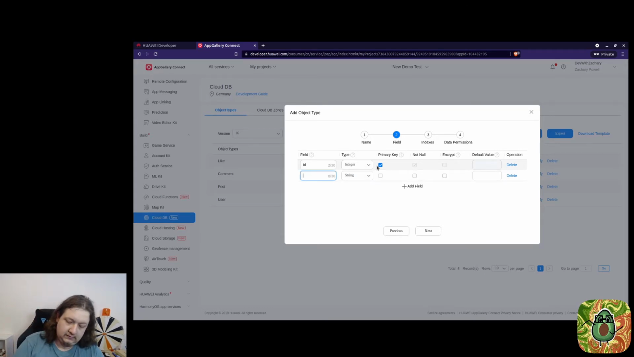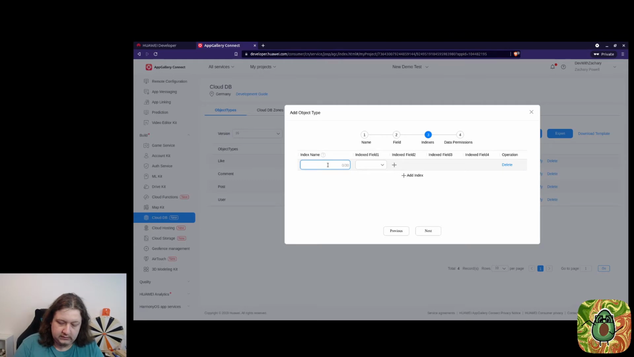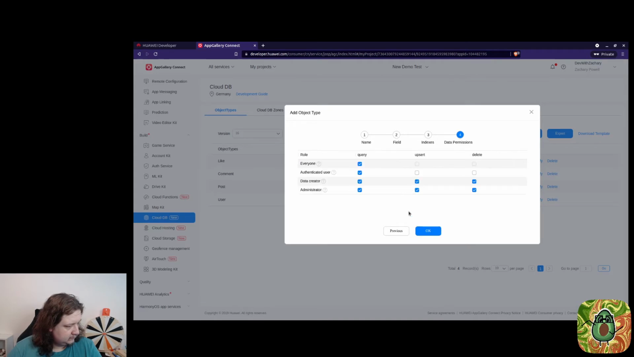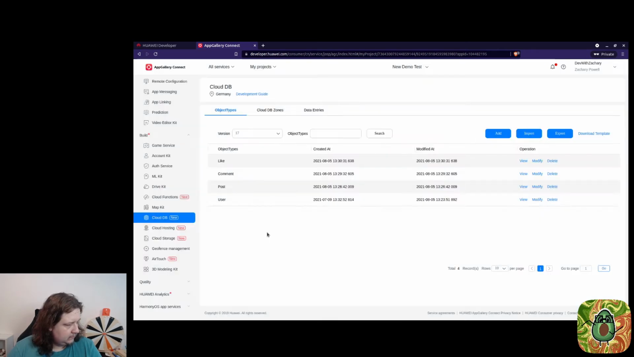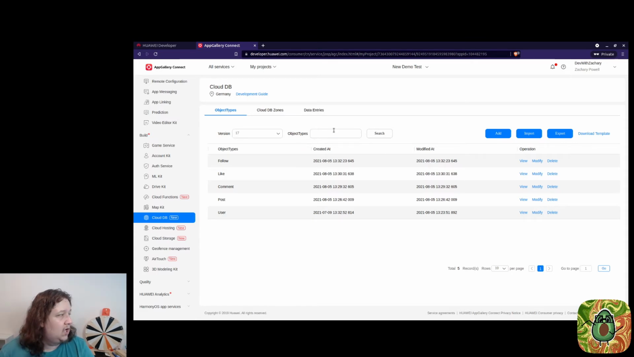And follower user ID. It's an integer. And the follower is following user ID. Integer. Cool. And I need index as well. I think for now that is our basic database schema or objects schema done, and we can